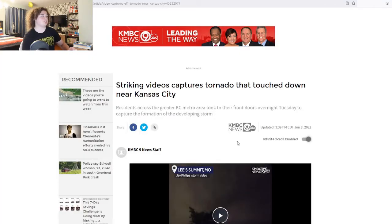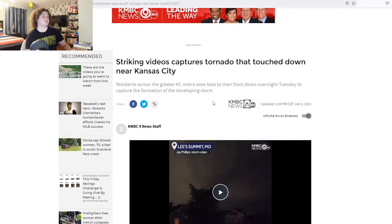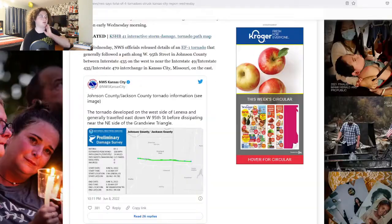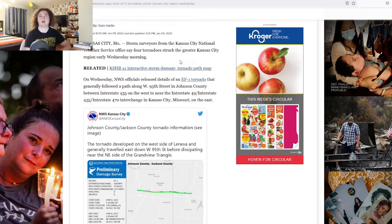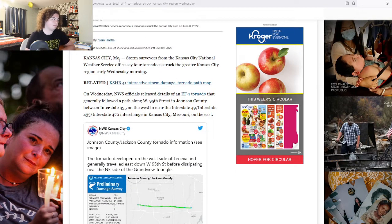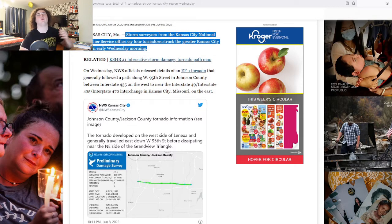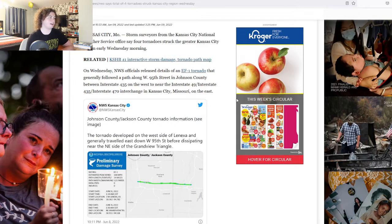Alright, so, striking videos capture tornado that touched down near Kansas City. Before we get into this, we're actually going to go ahead and look at what the NWS has put out. So they put out a few tweets on Twitter, and basically the storm surveyors, they're completely done. They say 4 tornadoes struck the greater Kansas City region early Wednesday morning. It was like at 1:30 to like 2 o'clock in the morning, for context real quickly. On Wednesday, NWS